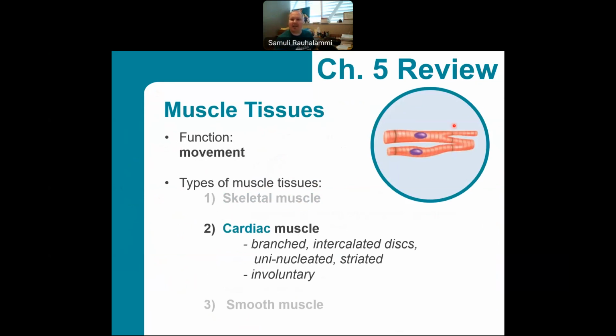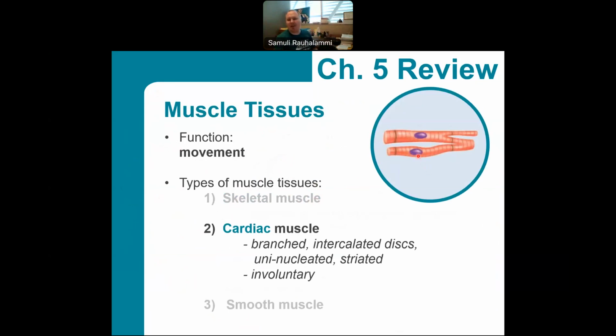These intercalated discs allow easy movement of materials and messages across from one cell to another, and this is again important for coordinating the functions of the cardiac muscle cells, so we get coordinated contractions. We can have all parts of that tissue within that area of the heart contracting at once, so we get the pumping contraction of the heart, and the blood moves. If each cell was doing their own thing, we wouldn't get that coordinated movement.